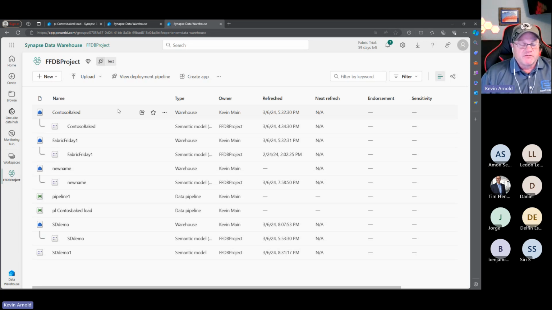One guy, his first name is Just, last initial B, I think, is another MVP. He was saying he's going to come out with blogs about this, but he sets up a workspace that has the code objects, and then another workspace that has the data, and then his developers use the Git repos connected to the code objects, and then produce their own little ones from there, but then connect over to where the data is, so they don't have to keep repeating that.